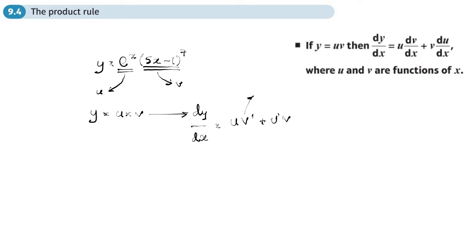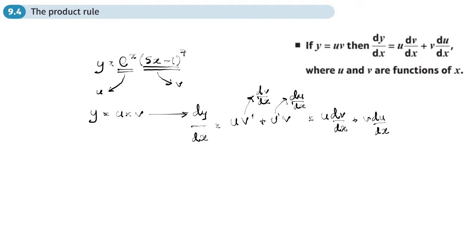Now that v dash is dv dx, or the v part differentiated, and this u dash is du dx. So you could write it instead as u dv dx plus v du dx,